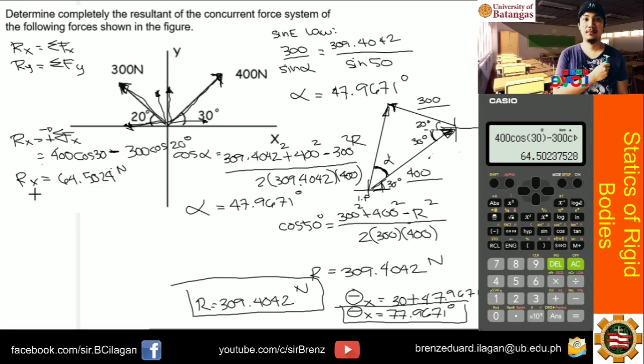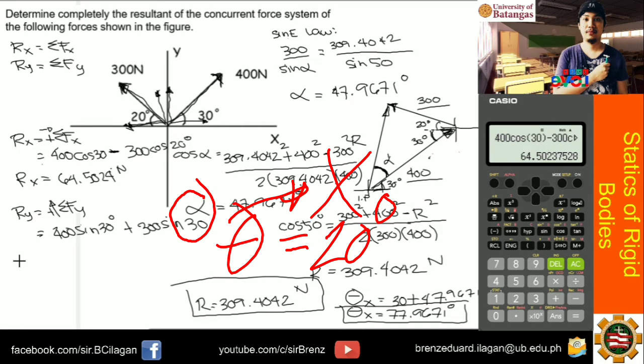Next will be the value of your Ry. This time for Ry, we will assume that all upward forces are positive. Ry is the summation of all the y components of the forces. Since both are going upward, the y components of 400 and 300 are both positive. To get the y component of 400, what do you multiply by? Since theta x is given, it's the sine, so 400 sine 30 plus 300 sine 20. So the value of your Ry is equivalent to